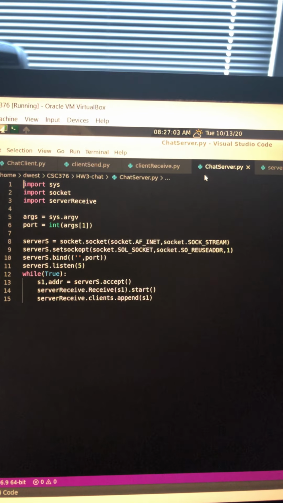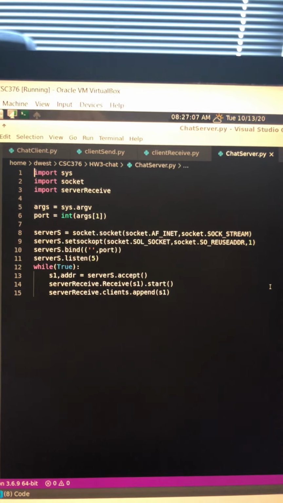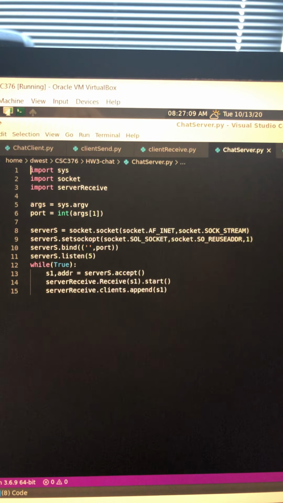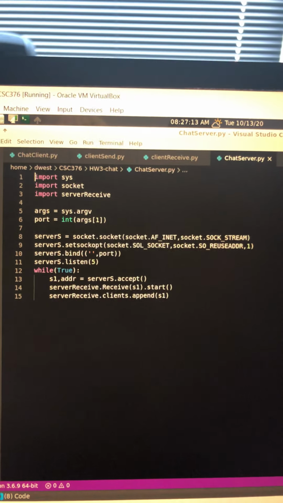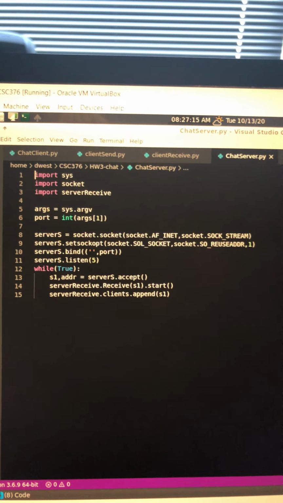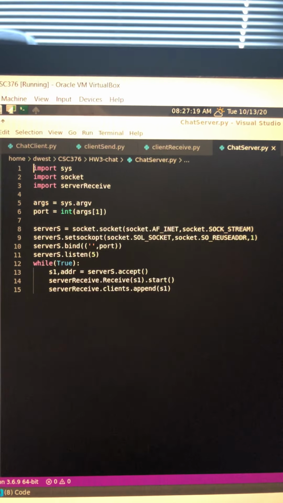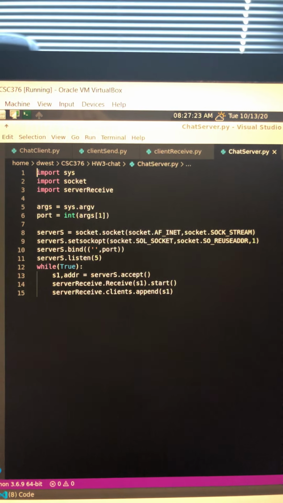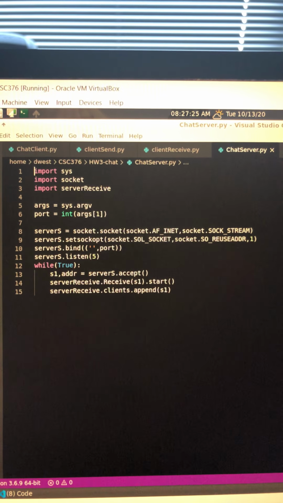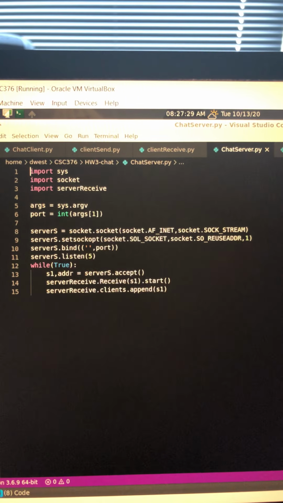After that, we're going to bind the server socket to the port, and then we will go ahead and listen for sockets with a backlog value of 5. While true, so basically we're looping for a long time. We are going to assign s1 and addr, for address, to server s.accept,